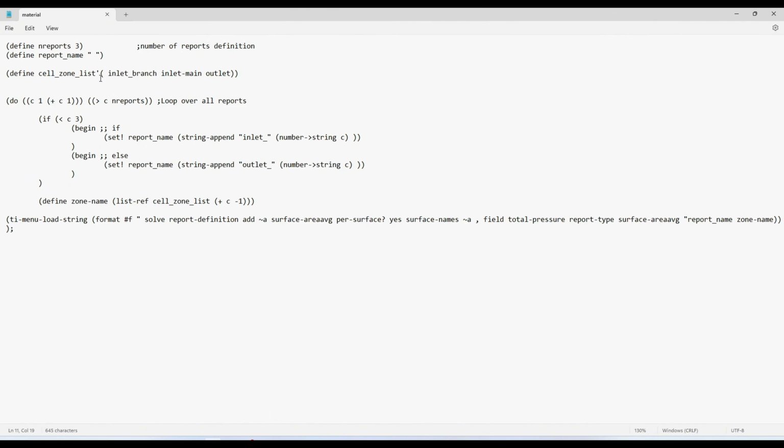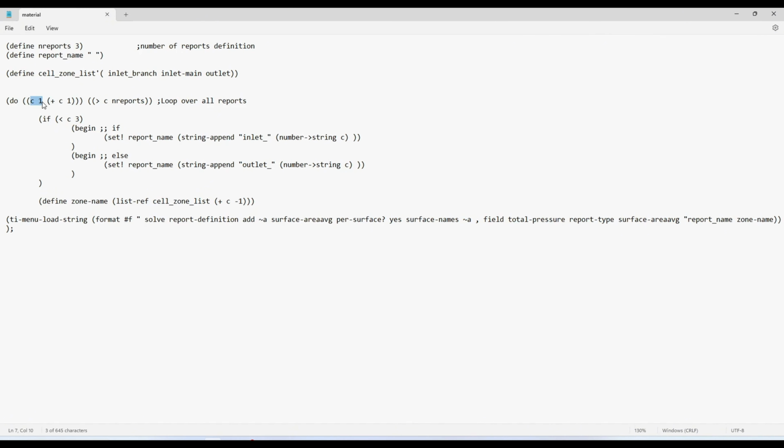Coming back again, you can see first it will check this one. Operation will start from here. It will come over here, it will see define. Okay, then it will look for some variable or whatever you want to do. So I am giving it the name cell zone, and this apostrophe is used to define a list. So I am defining a list containing the names of all 3 surfaces. Then I want to loop over all these 3 surfaces to define my report. So it always starts with do. I am saying I want to do a loop, and here